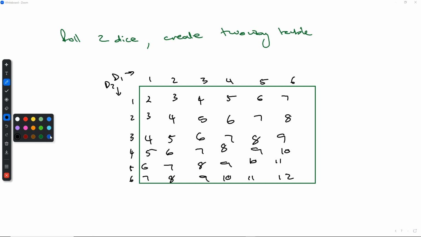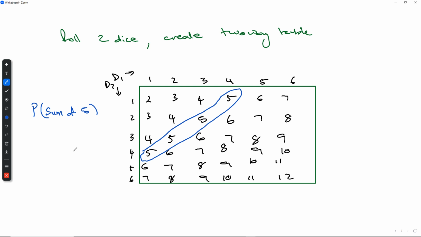And so from here, we can see the probability of finding, for example, let's say we want to find the probability that if I roll 2 dice, I will get a sum of 5. Well, that would be 1, 2, 3, 4. 4 possibilities out of a total of 6 times 6, 36 outcomes, which, divided by 4, comes to 1 out of 9. We could leave it like that. We could put it in a calculator and get a percentage as well. And this is a sum. Remember, each of these is a sum, so the probability of a sum of 5.